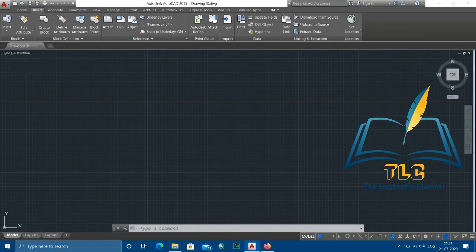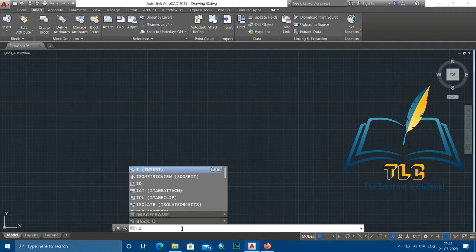Now I will show the insert command in the command bar. In the command bar I am typing I and the insert command will appear. After pressing the Enter key, the insert command will be activated. Now I am going to tell you the process of inserting a block.